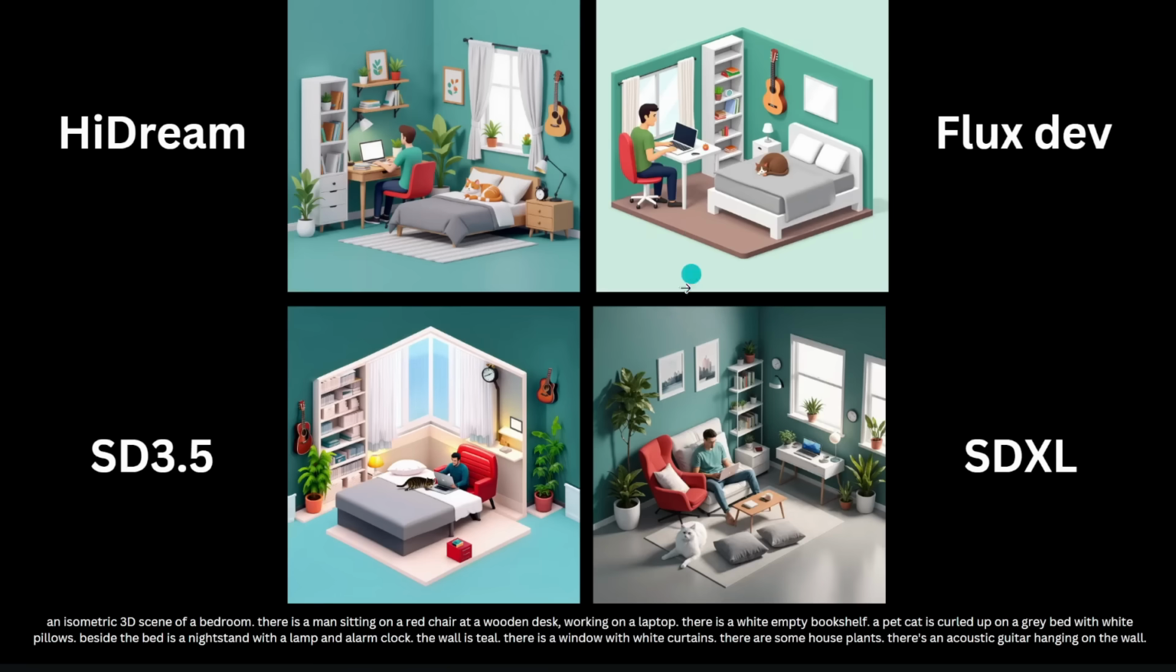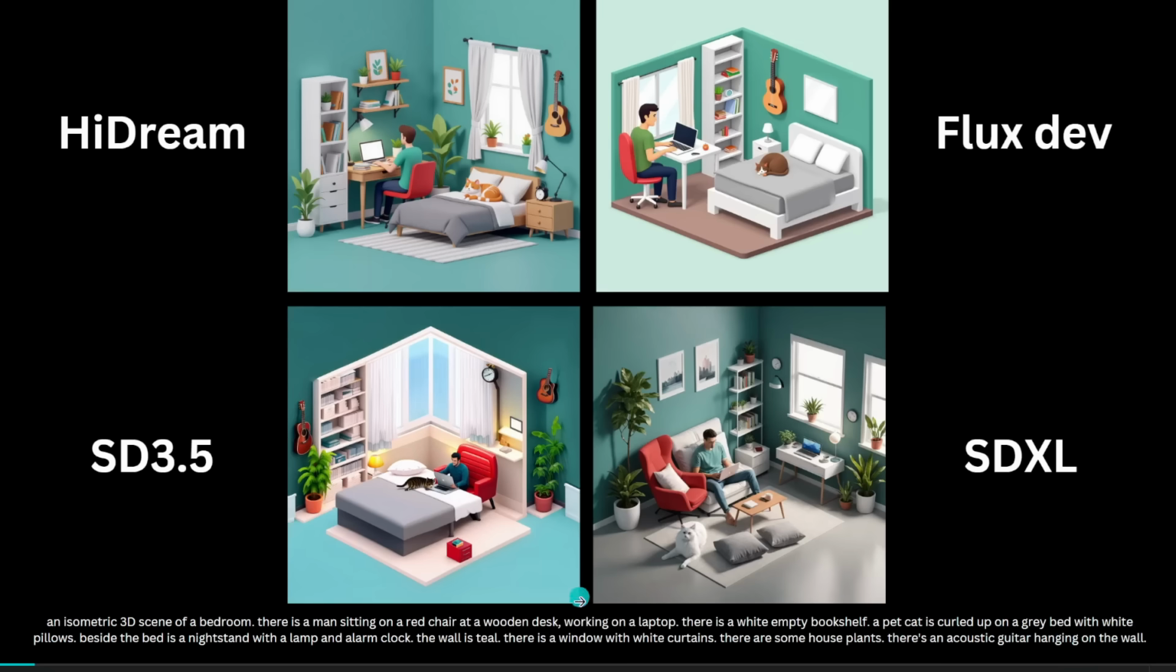Alright, next up, I tested this prompt. An isometric 3D scene of a bedroom. There is a man sitting on a red chair at a wooden desk, working on a laptop. There's a white empty bookshelf. A pet cat is curled up on a gray bed with white pillows. Beside the bed is a nightstand with a lamp and alarm clock. The wall is teal. There is a window with white curtains, there are some houseplants, and an acoustic guitar hanging